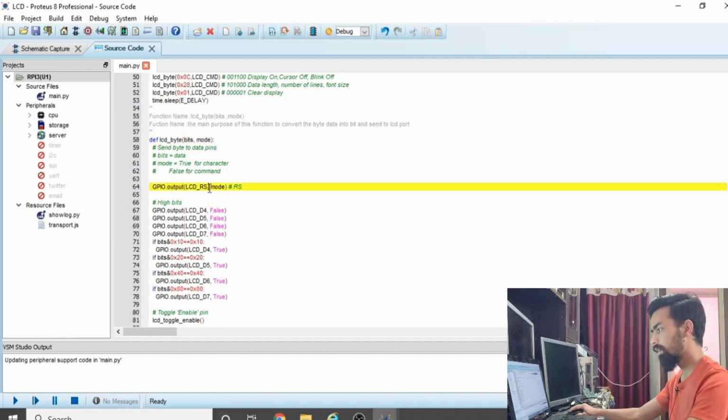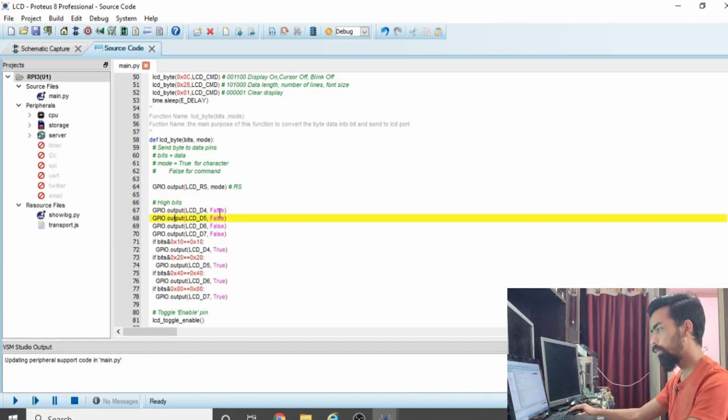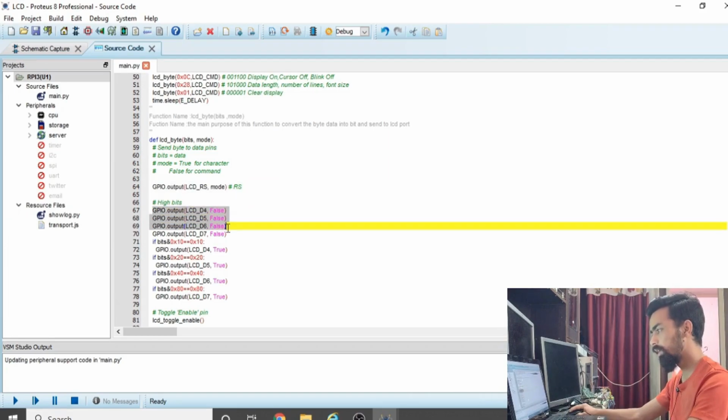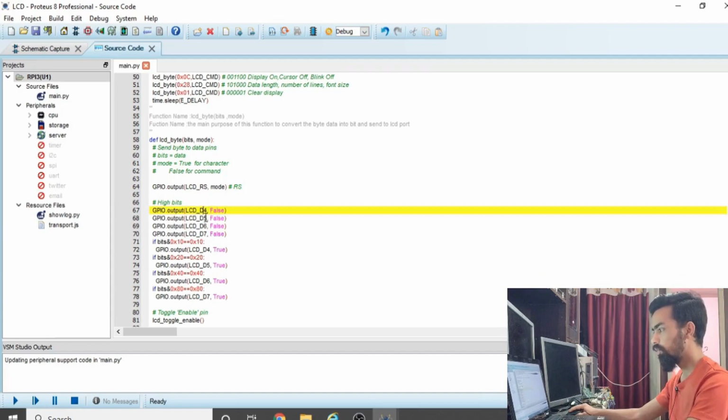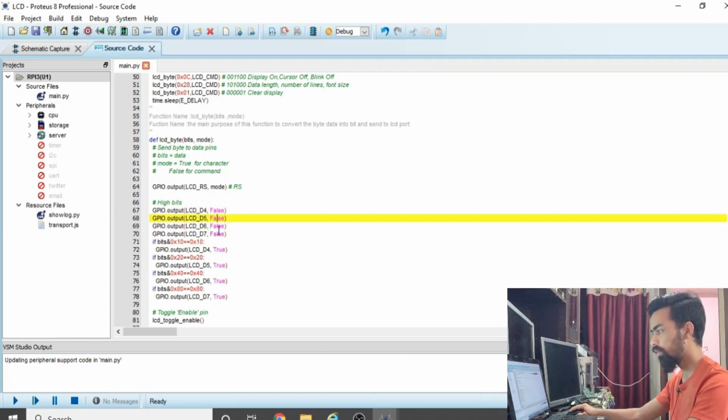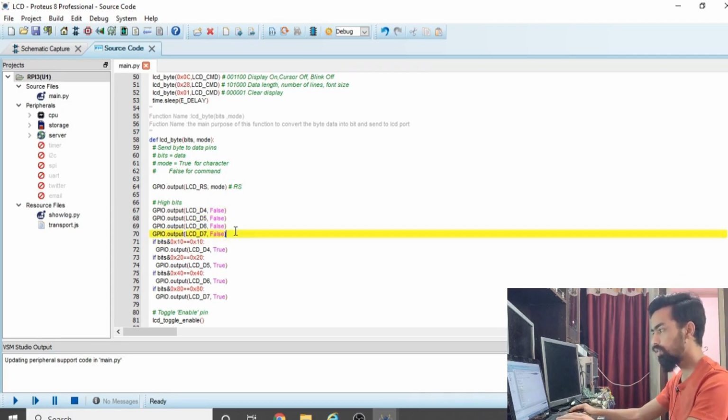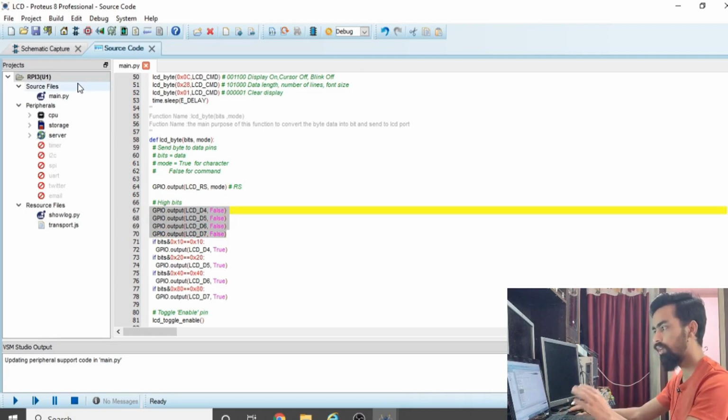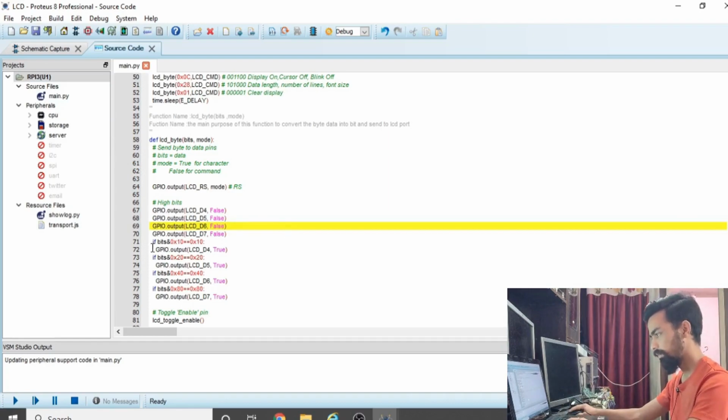First, set the mode as command mode. Then GPIO output: all our 4 pins, D4, D5, D6, D7, should be set to False by default. This means a 0 signal is sent on D4, D5, D6, D7 by default.